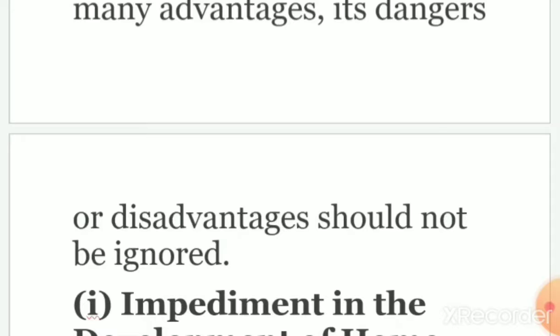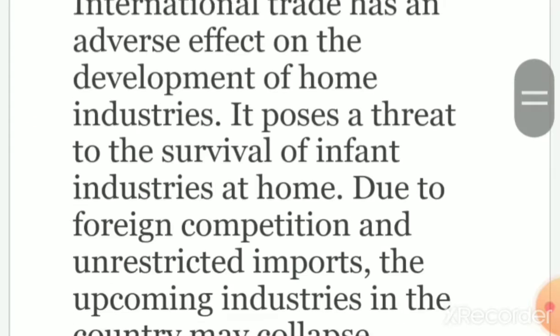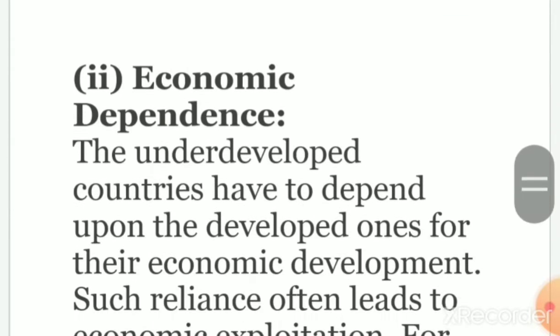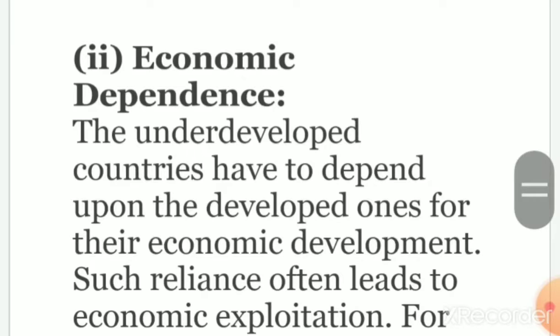So it is not giving opportunities to the domestic industry to survive. We have infant industries which will not be able to fight with foreign goods. So this is quite a hurdle for domestic industries. So the first is, without protection for infant industry production, we will not have domestic industries which are able to fight with foreign countries.